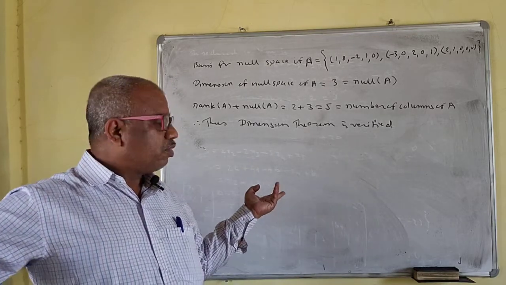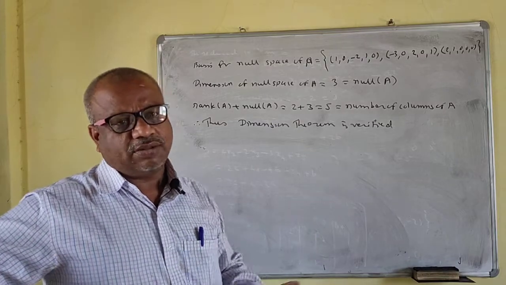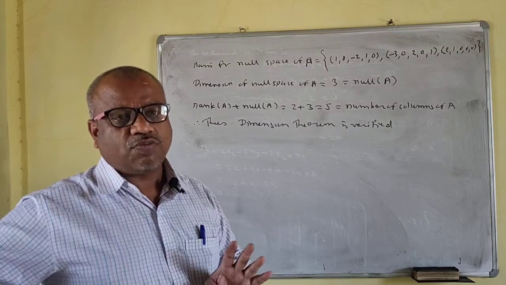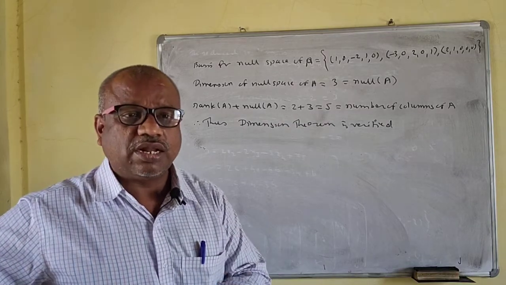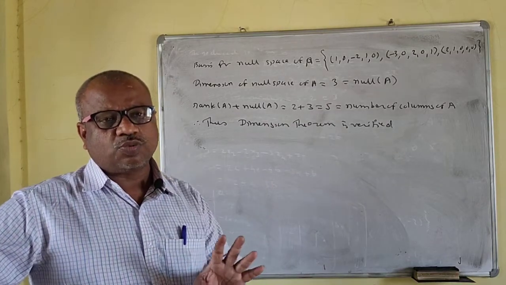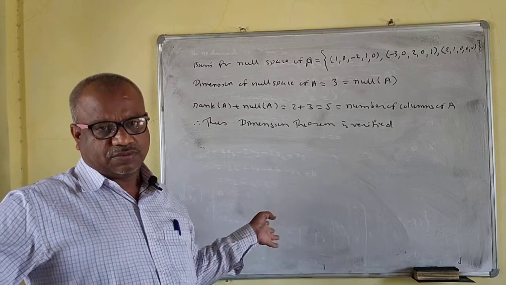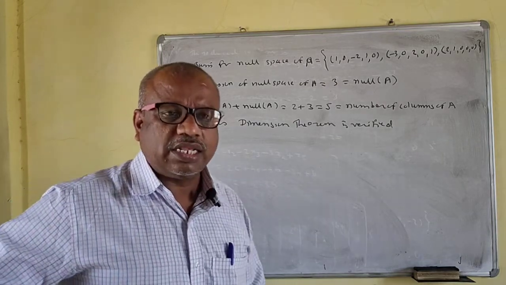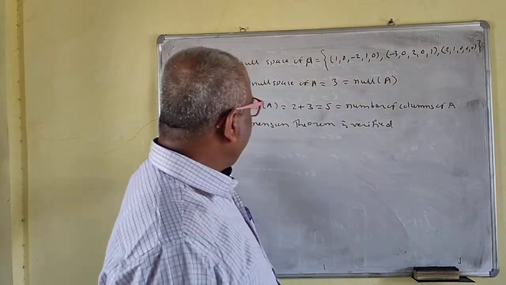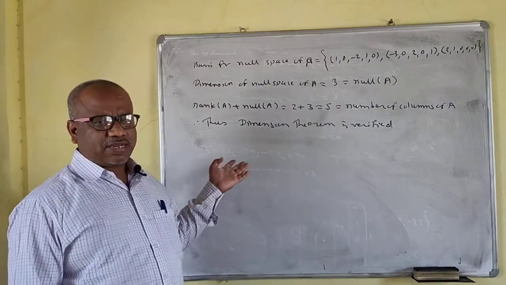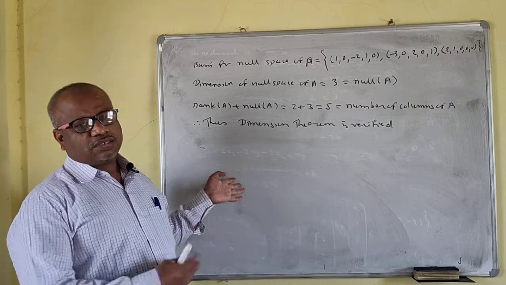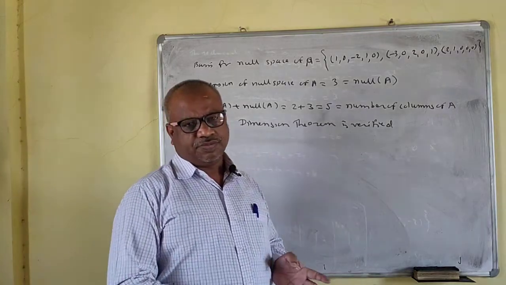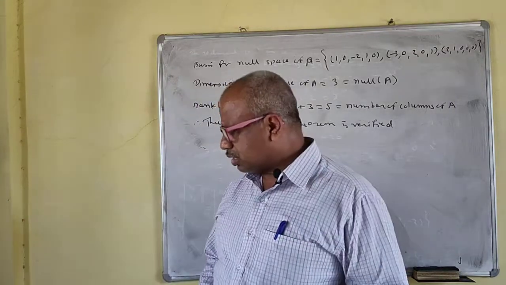How to find the rank and nullity with or without the help of the theorem, that also we do. With the help of the dimension theorem, it is easy to find the rank and nullity of the matrix. But without using the dimension theorem, you have to find a basis for the row space and a basis for the null space. So if you take any matrix, you only have to find the rank and nullity of the matrix; just convert the matrix into the equivalent form. I hope you understand all those things.